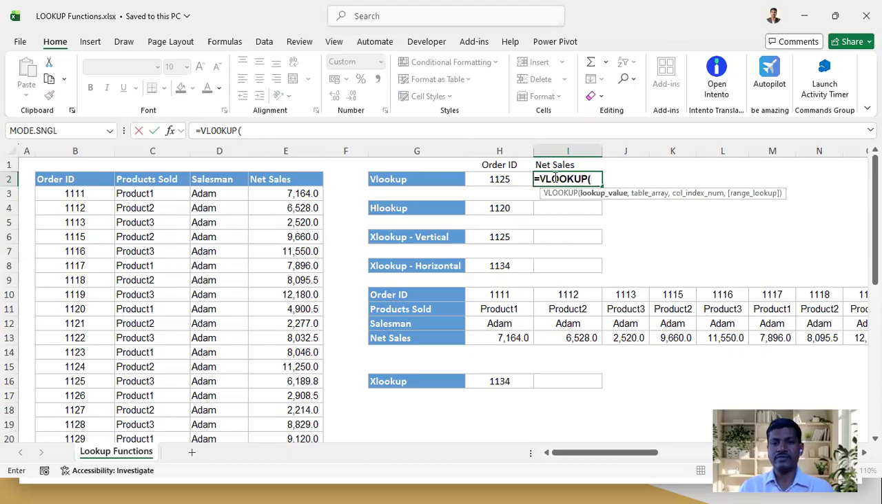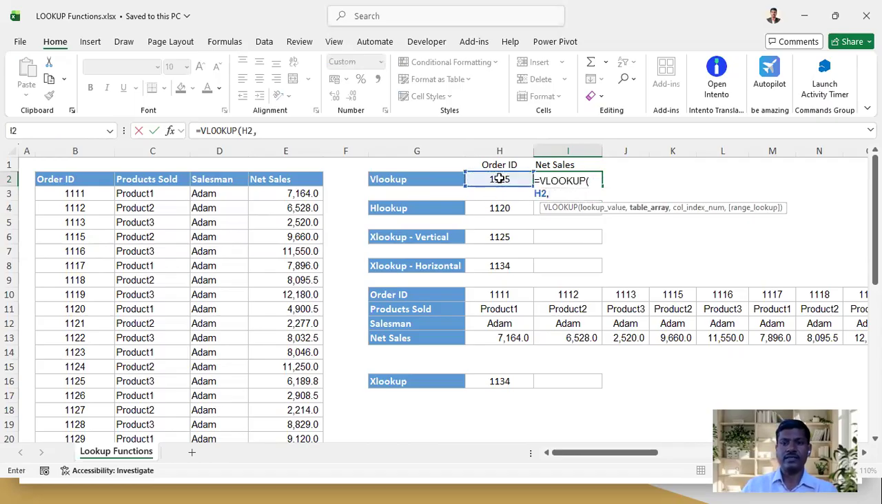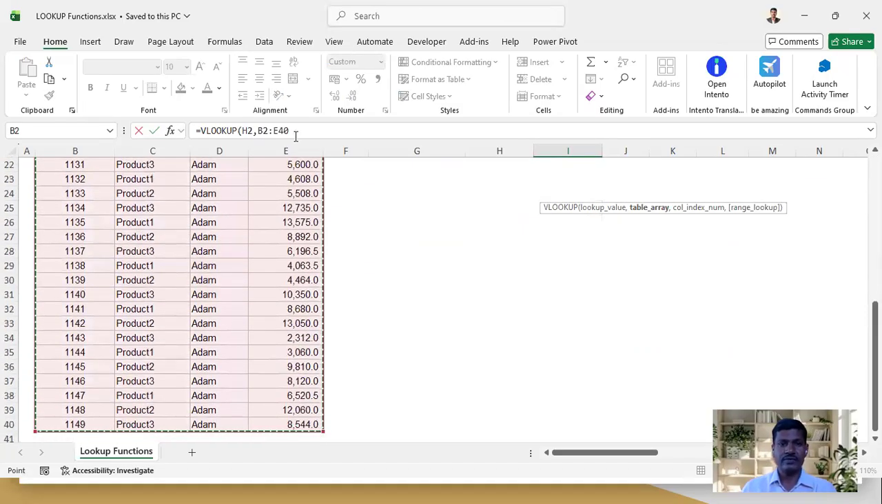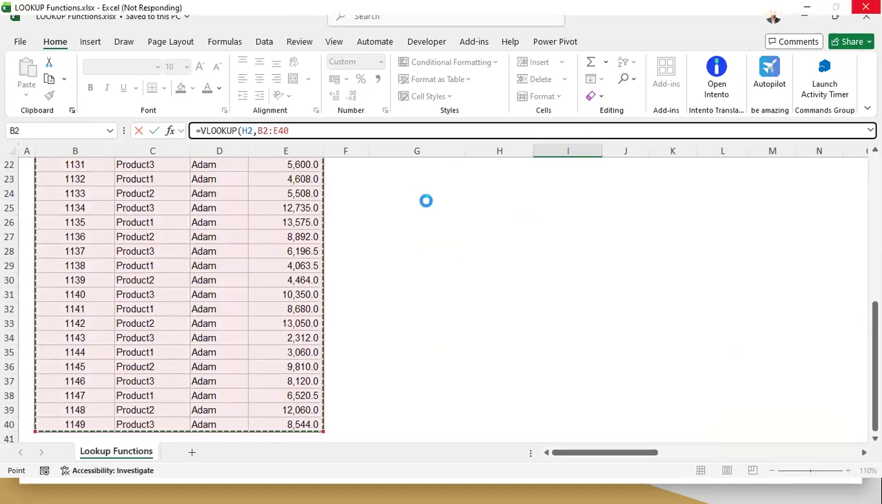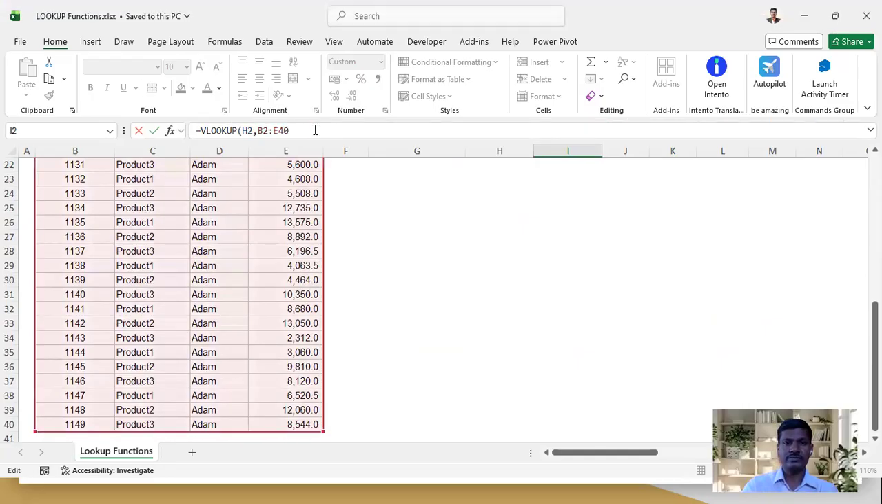The VLOOKUP function takes 4 parameters or 4 arguments. The first one is the lookup value, the value which we are searching. The next one is the table array, in which table we want to search and from which we want to extract the value. So this is the table array. You can select it and put a comma. Next we need to provide the